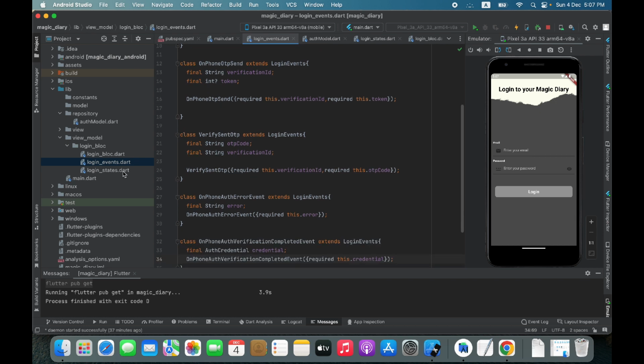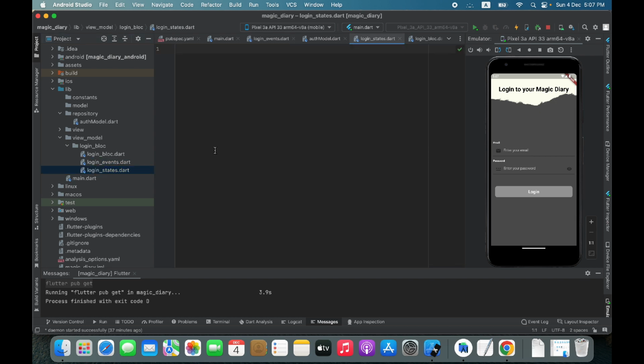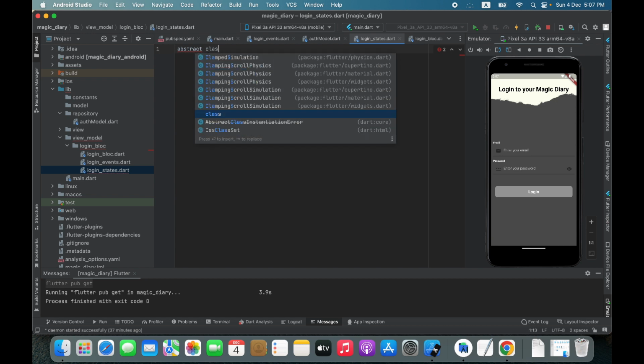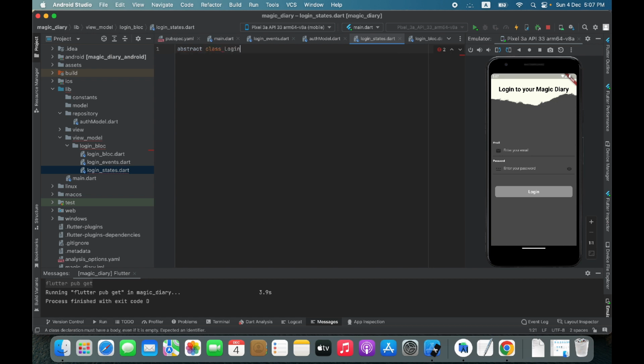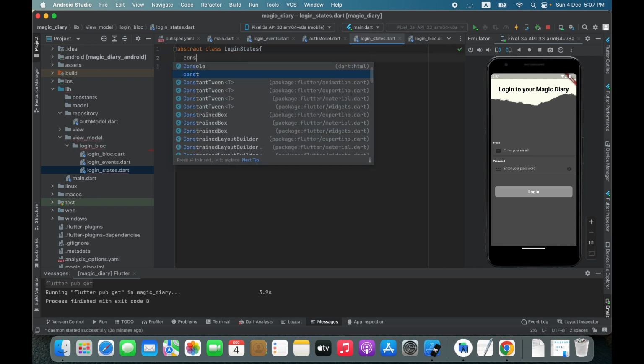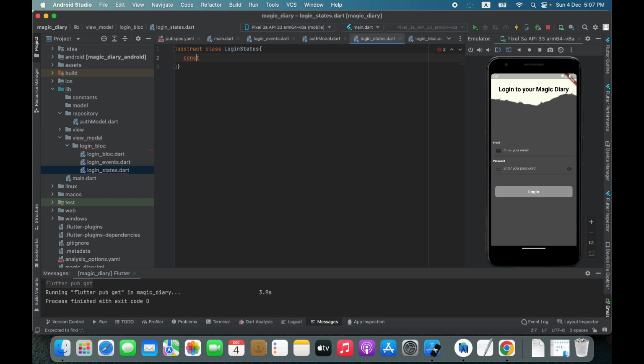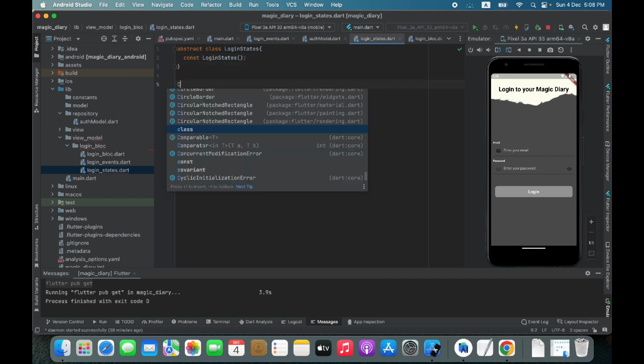And let's go to the states class, and we need to create states that in return of every event, BLoC will send a state, and depending upon that state we can make our next decision. So for that we need to create a states class, just like we created an events class. I will create another abstract class. I will name it login states. And inside this class I need another constant constructor. And after that I need to create a class